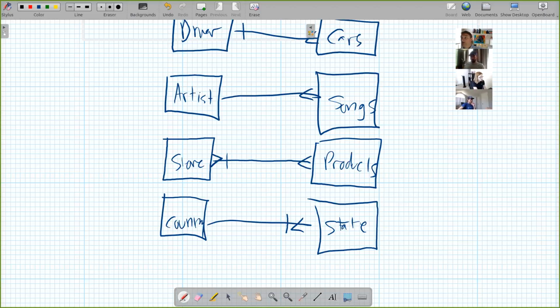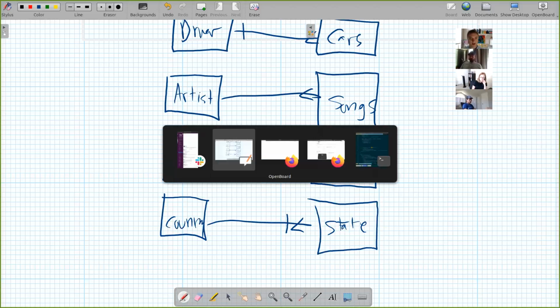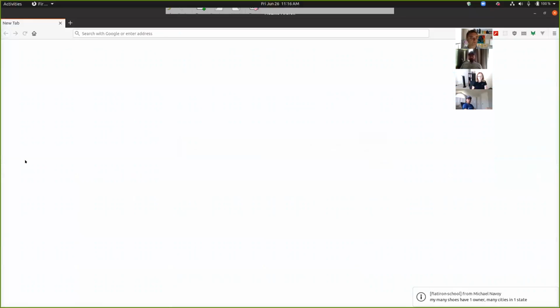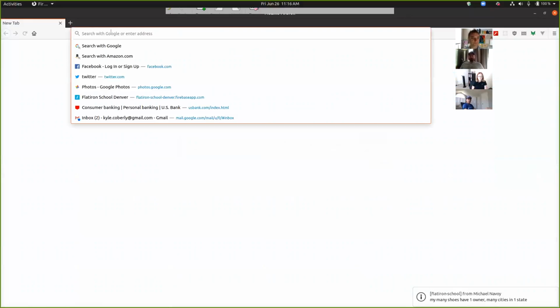Cool, very nice. So this is the idea of relationships. We use these over and over and over again in our apps. So let's see, I'm just going to go to something. If I was going to,